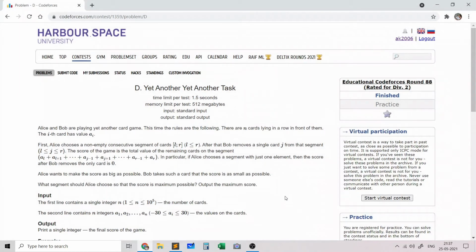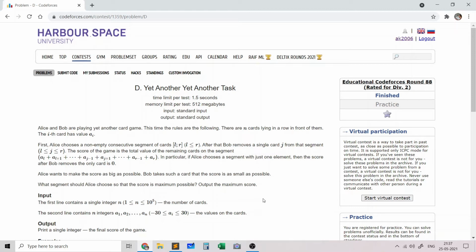Hello everyone. In the 14th video of this dynamic programming problem solving series, I will go over my solution to the problem named Yet Another Task, which is taken from Codeforces Educational Round 88 and is rated 2000. This is an interesting problem on Kadane's algorithm and how we can reduce a problem which has low constraints on A_i to a problem which is brute force plus Kadane's algorithm.